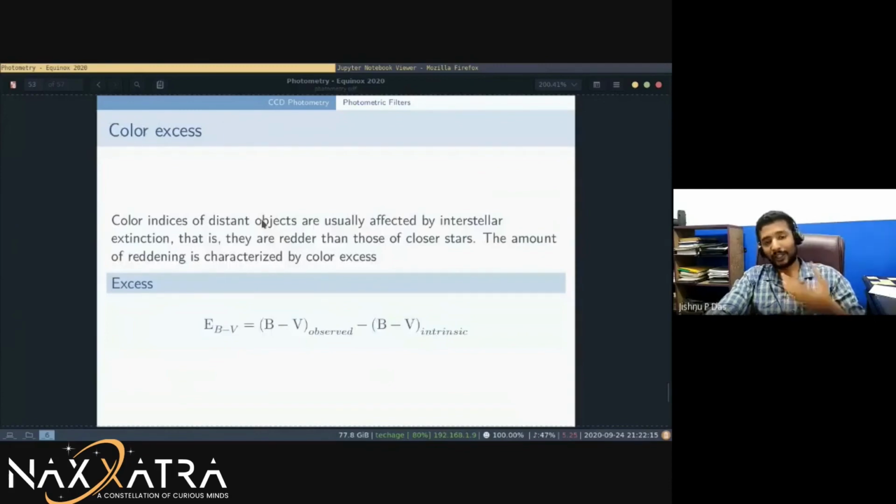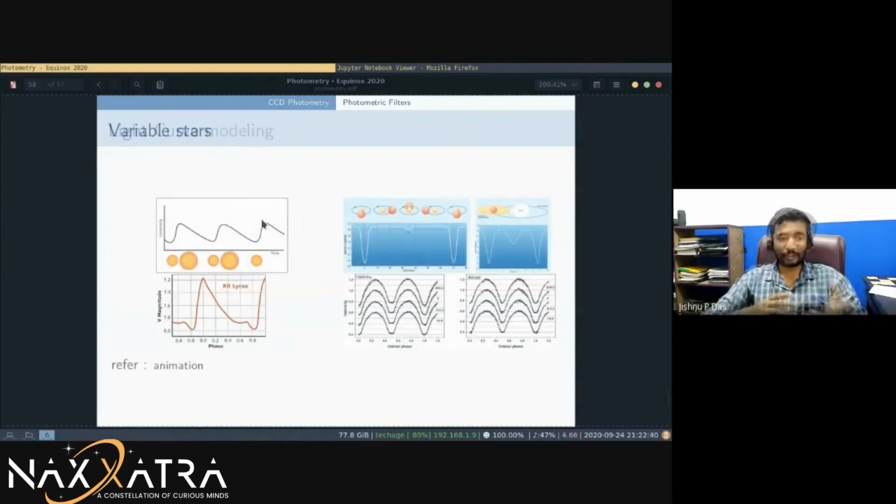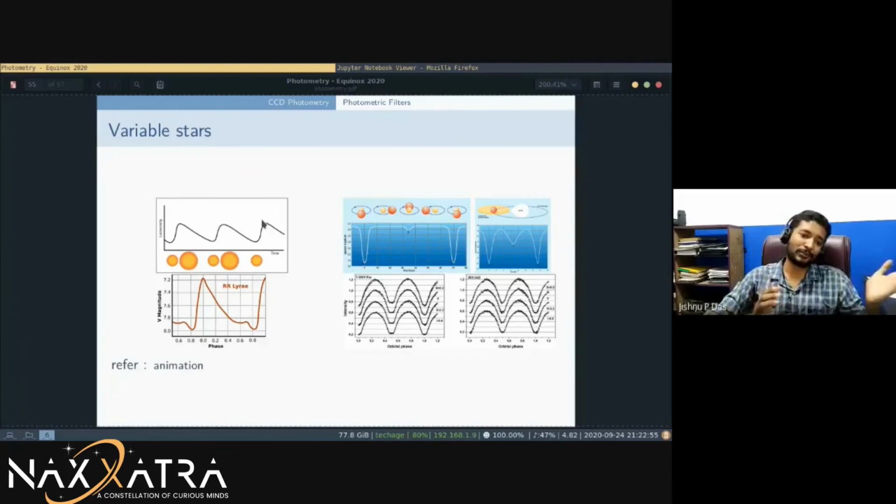And there is something called color excess. The other day when we were talking about distance measurement and reddening, we had talked about this equation where we were using color index to find out whether there is light in between or not. So this is how we construct light curves. Using photometry, we can measure light over time and then model it, and bring out the physics from that. So we are essentially going from a detector to some star which is giant, far, far away. We are understanding its physics through a simple telescope and a camera.